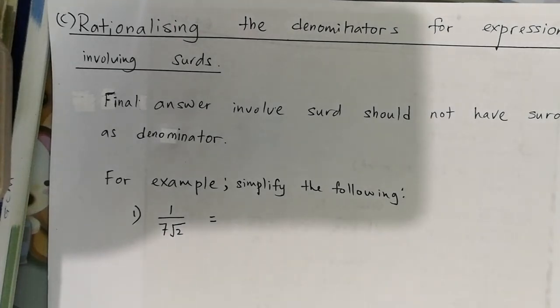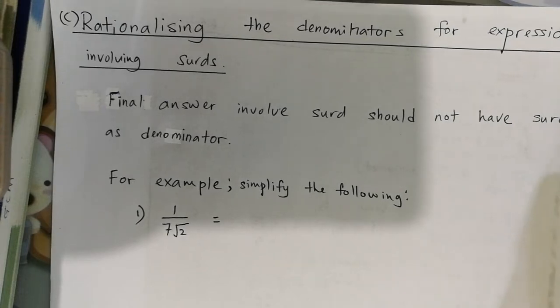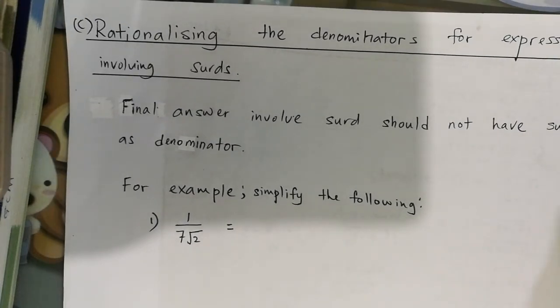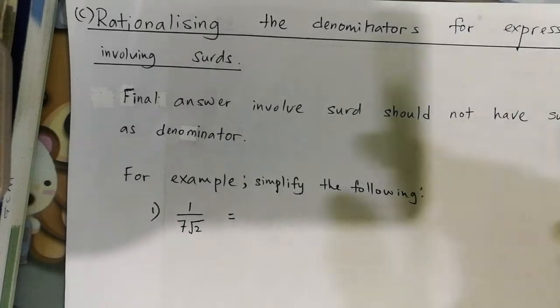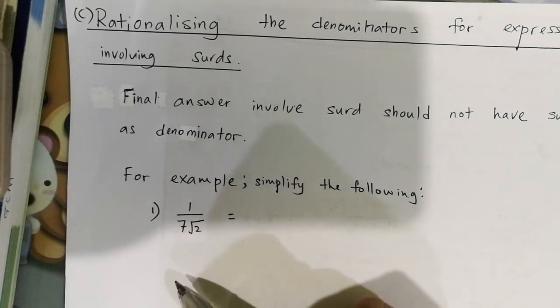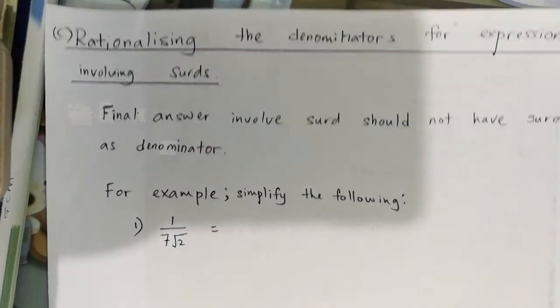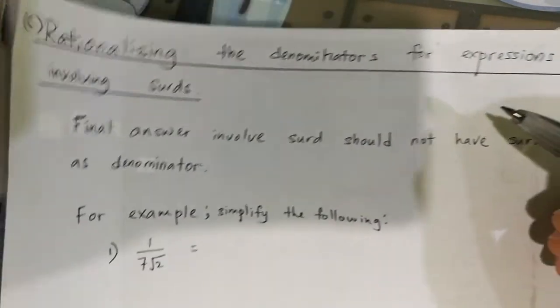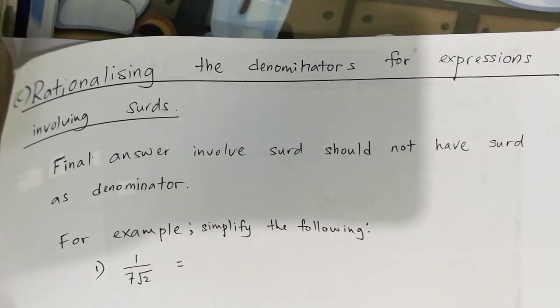Okay, now we go to the next part of the chapter, 4.2c. So, how to simplify the surd? When to know to simplify the surd? When you see the answer, your surd is at the bottom as the denominator. Whenever you see the denominator with the surd, it means you haven't reached the final answer yet, because the final answer that involves the surd should not have